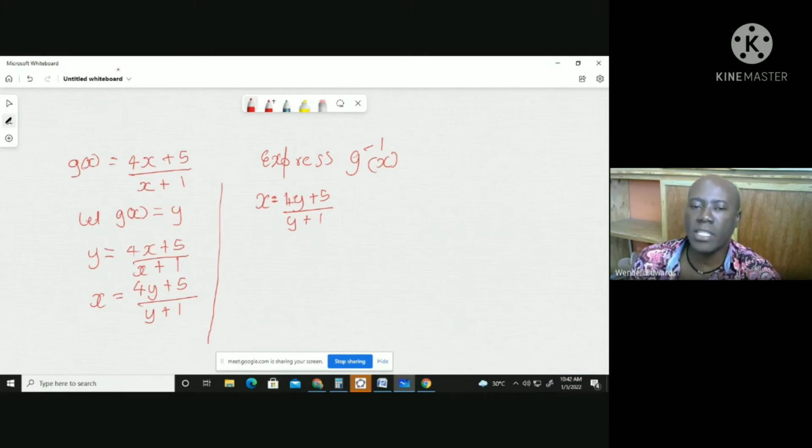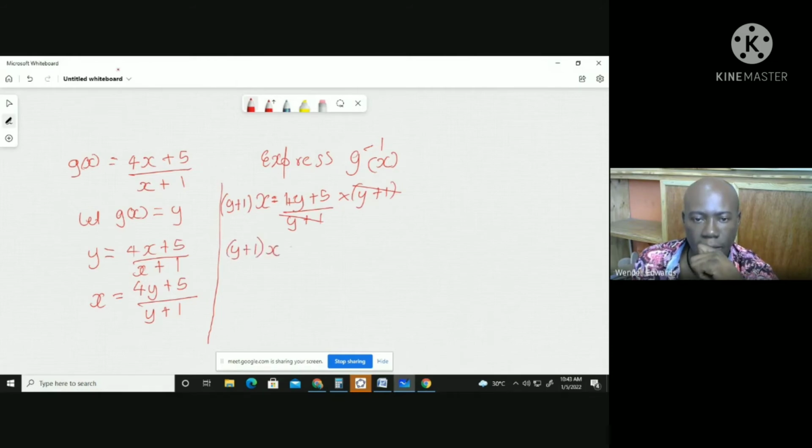All right, so we want to transpose for y. The aim is that if we're going to transpose for y, we really need to get rid of the denominator. So we're going to multiply both sides by y plus 1. So I'm going to have y plus 1 here, and then I'll multiply this side also by y plus 1. So this cancels that, and we're left with y plus 1